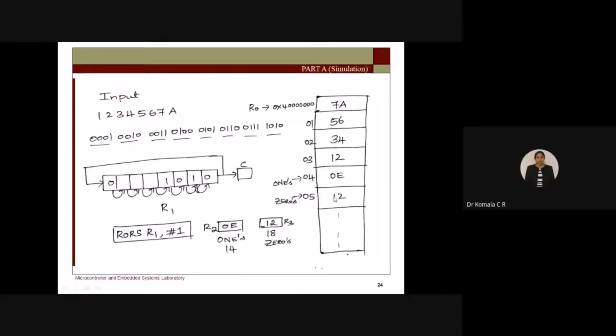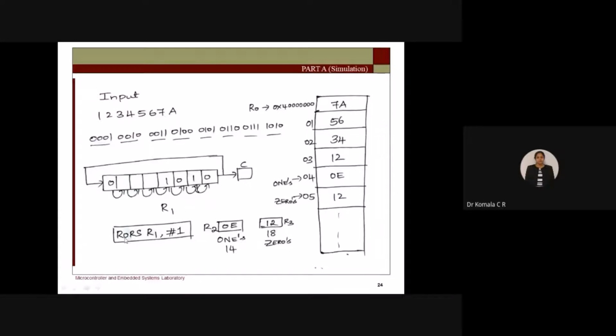Here I am using R1 to take the input number. I will use register R2 to store the number of ones, and register R3 to store the number of zeros. As I have taken the input to R1, I will be performing the rotate instruction with respect to R1. So what is RORS R1, 1?